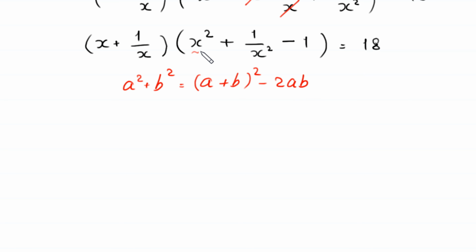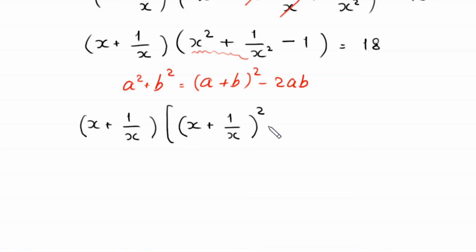This expression x squared plus 1 over x squared will become, we write this x plus 1 over x, x plus 1 over x times this will become x plus 1 over x whole squared minus 2 times x times 1 over x minus this 1